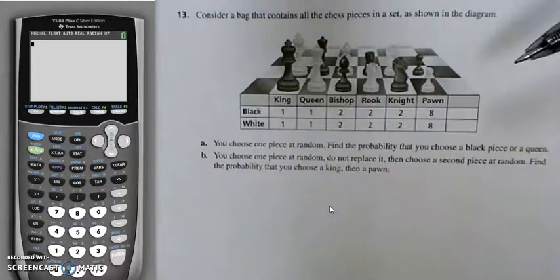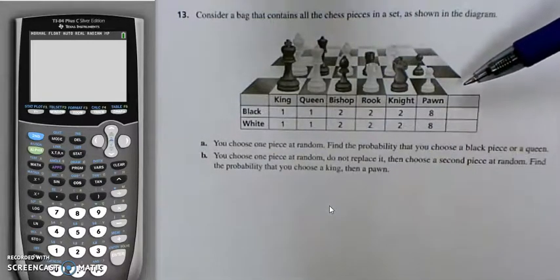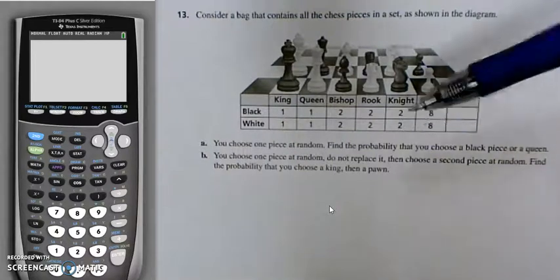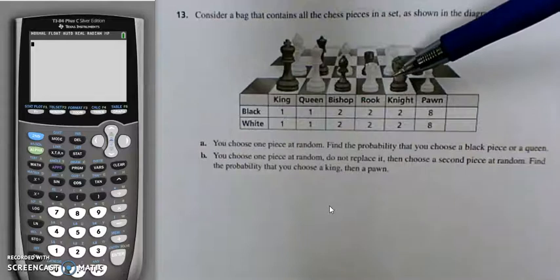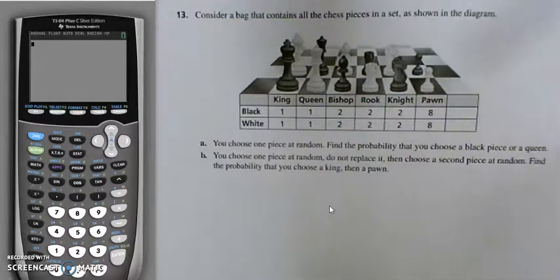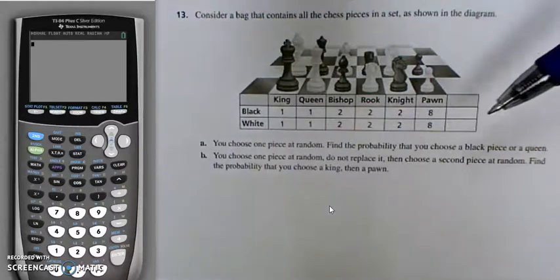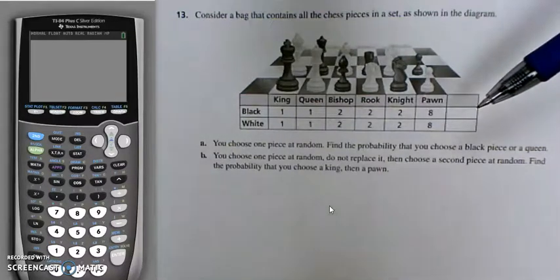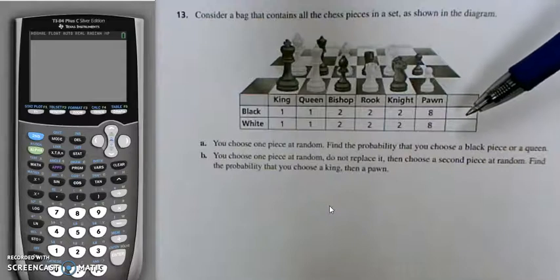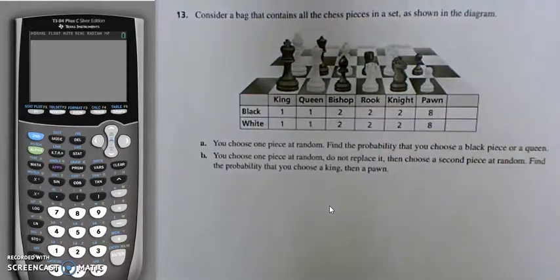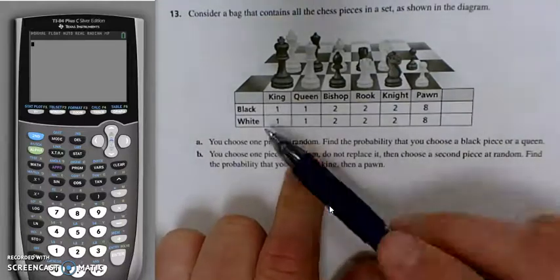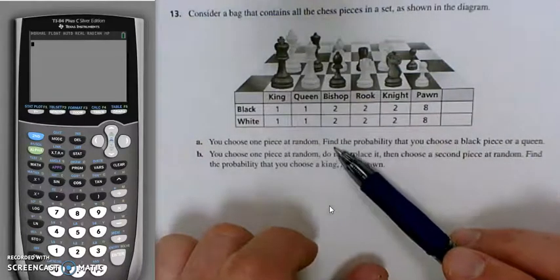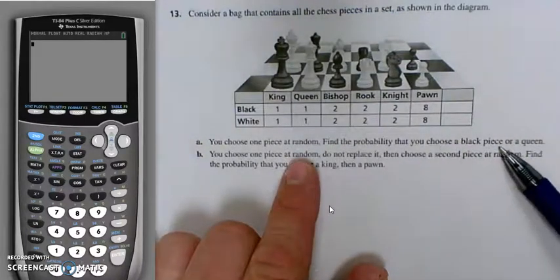I do want to point out, this problem is kind of a little flawed, in that if you're talking about drawing these pieces out at random, since these pieces are different shapes and different sizes, a truly random event would actually be very difficult to happen. But let's assume that randomness does happen here. All right. So you choose one piece at random,